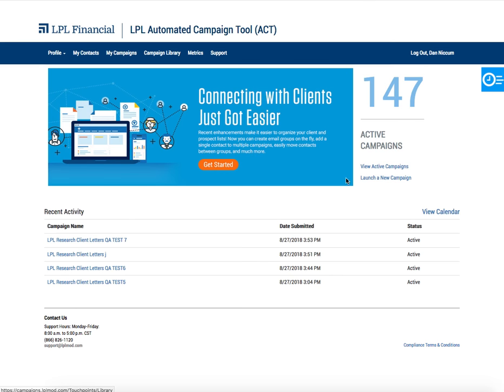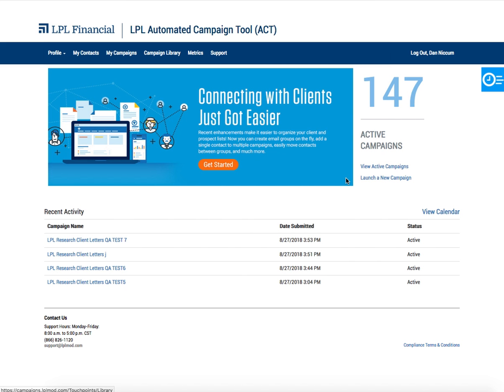Today's session will be dedicated to the latest release in the automated campaign tool. This release is related specifically to the contact management system of the site. If you are not familiar with the automated campaign tool, I would recommend visiting Resource Center and viewing the previous trainings to this system as we recently revamped it. So hopefully some of you have seen it either by being an active user or perhaps at the latest Focus